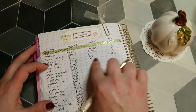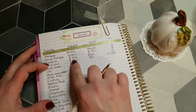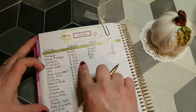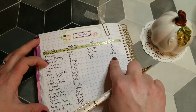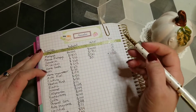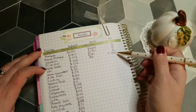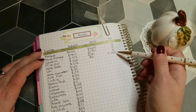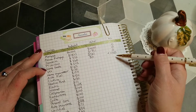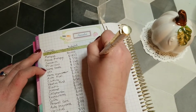But $360 is taking that down. I believe this month we raised this to $375 because we are paying a utility bill, which also throws into that category. And I believe that's every 2 months that we have to pay that. I've explained it in another video before, but it's every couple months, and it should be hitting again in December. So for home goods, we paid $240, and that was to pay off our Haynes